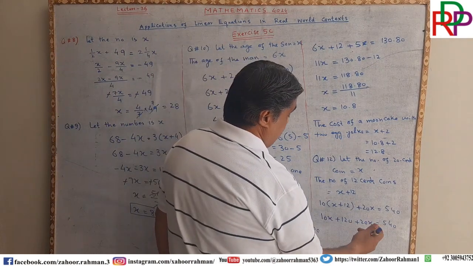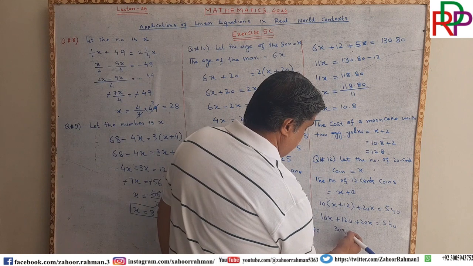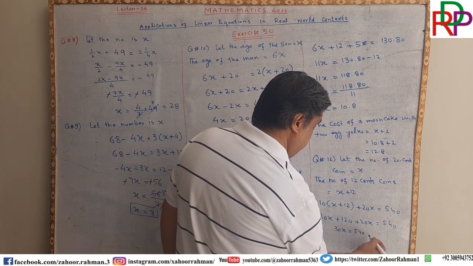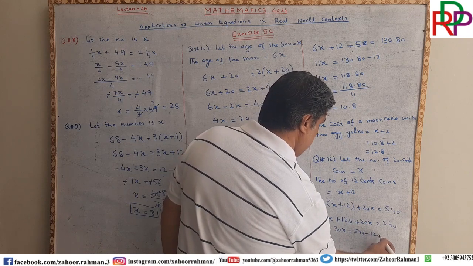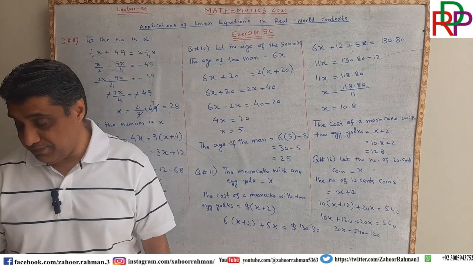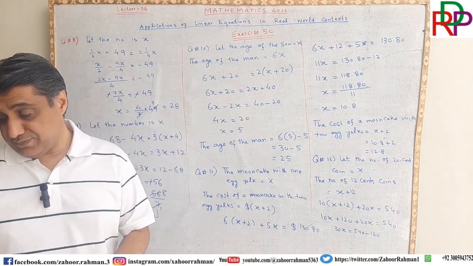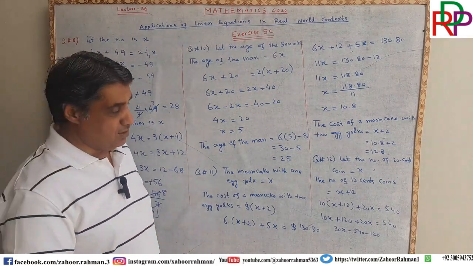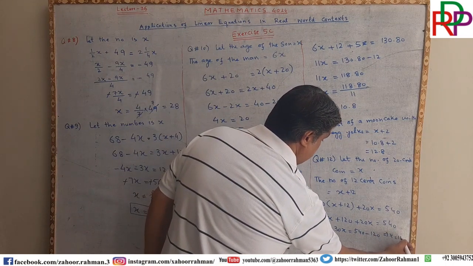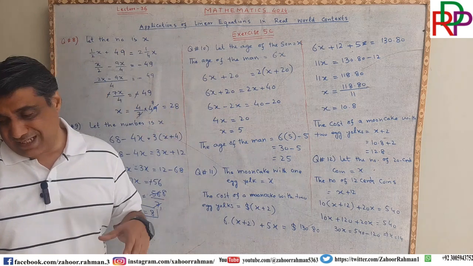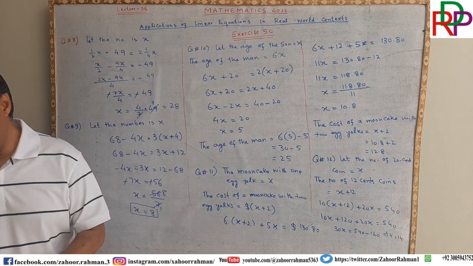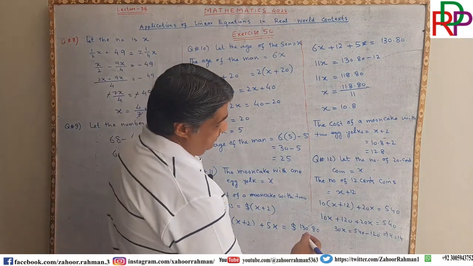10x and 20x is equal to 30x is equal to 540 minus 120. And the ultimate value is x is equal to 14. This implies that x is equal to 14, but this is not the ultimate answer. So Junwei has 14